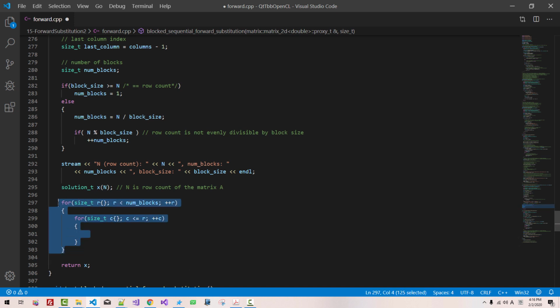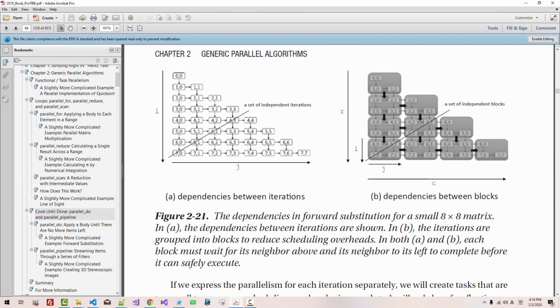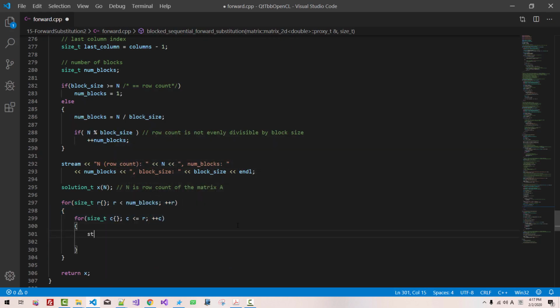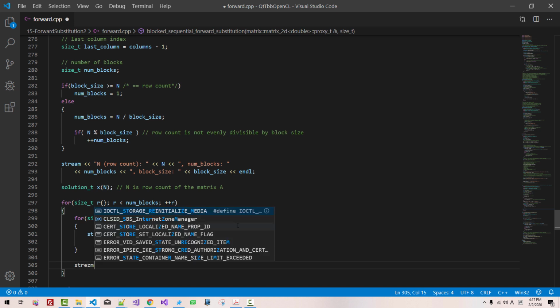In this configuration, R and C represent bigger blocks. In this case, R0 C0, R1 C0, R1 C1, R2 C0, R2 C1, R2 C2. So stream RC, RC, stream